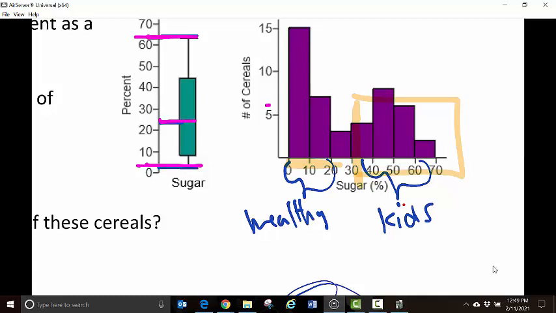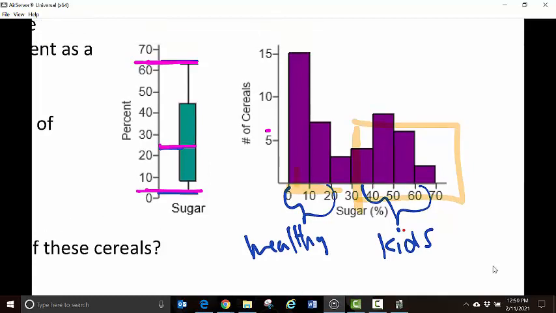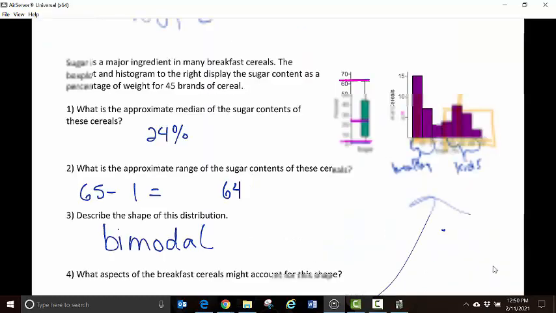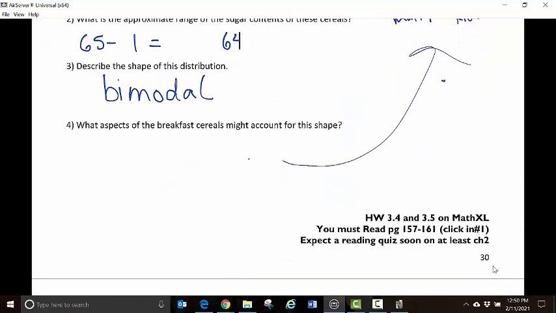And so most of the healthy cereals have a sugar content between 0 up to, but not including 10. While it looks like the middle amount for kids cereals or fun cereals, they have a median amount somewhere between 40 and 50 grams. So you can sometimes get a lot of information from a picture like that. Okay. All right, that is 3.4 and 3.5. You now have all of